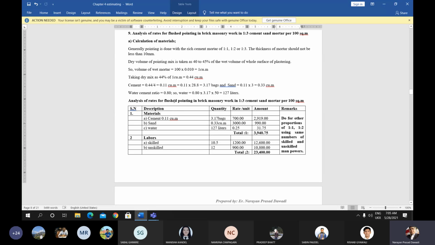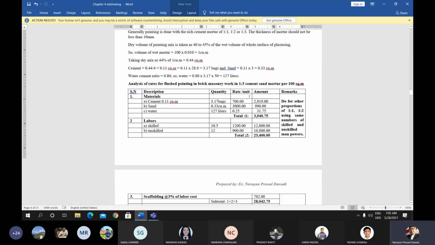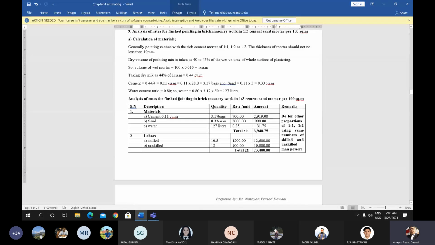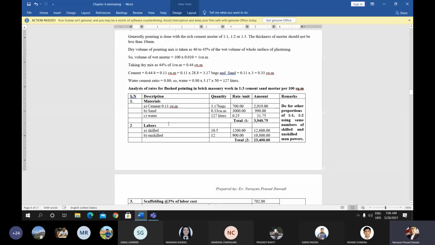The water cement ratio is 0.8, so water will be 127 liters. Now, cement is 3.17 bags, sand 0.33 cubic meter, water is 127 liters. Now, the rate is the same, and the total cost of the material will be 3940.75. And for labor, for the pointing surface, skilled manpower is taken as 10.5, and the